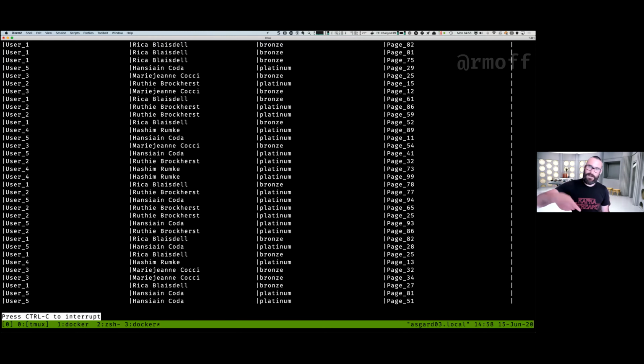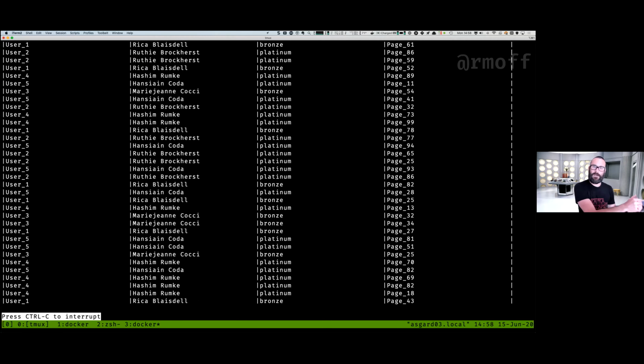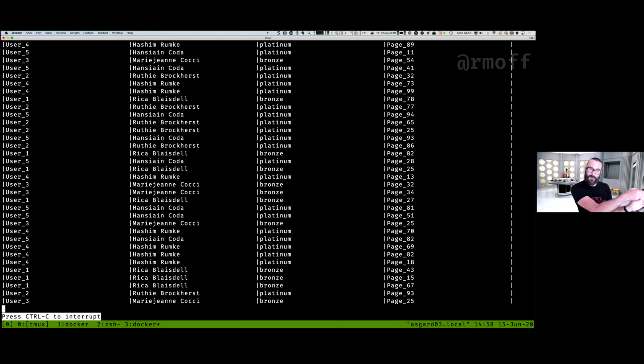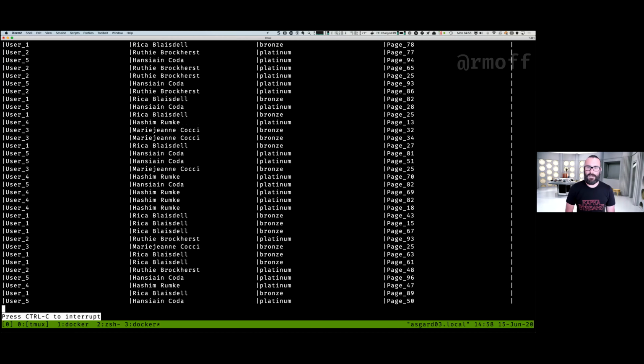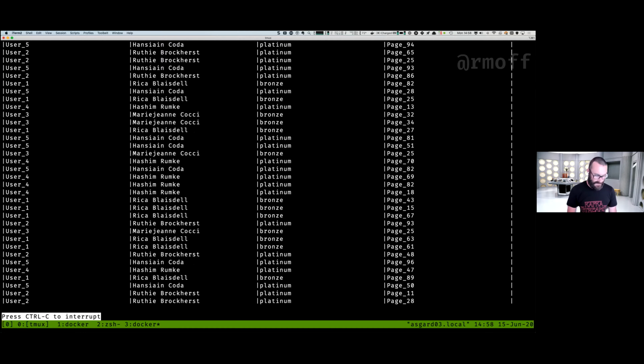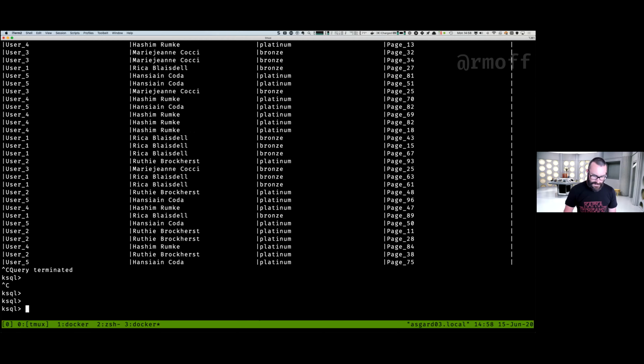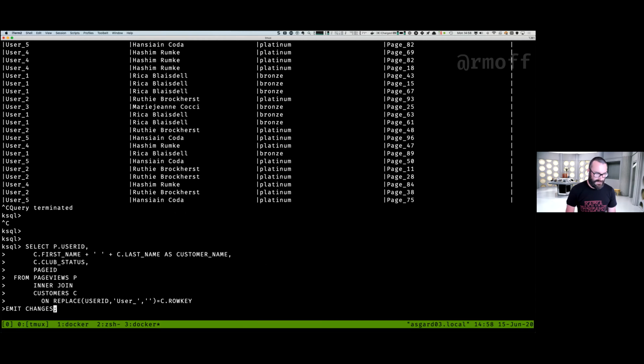It scrolled by really fast at the beginning because we went back to the beginning of the topic of our page view data, consumed it from there, and enriched every single row along the way. Now it's just ticking over because this is the live data generator. And I can take that and I can persist it. So let's do create. Like in the database world, create table as select. Very common, very useful way of taking a set of static data and copying it to another set of static data. We can do the same thing with streams, except it's not static. Create stream page views enriched as, and then take the output of that select.